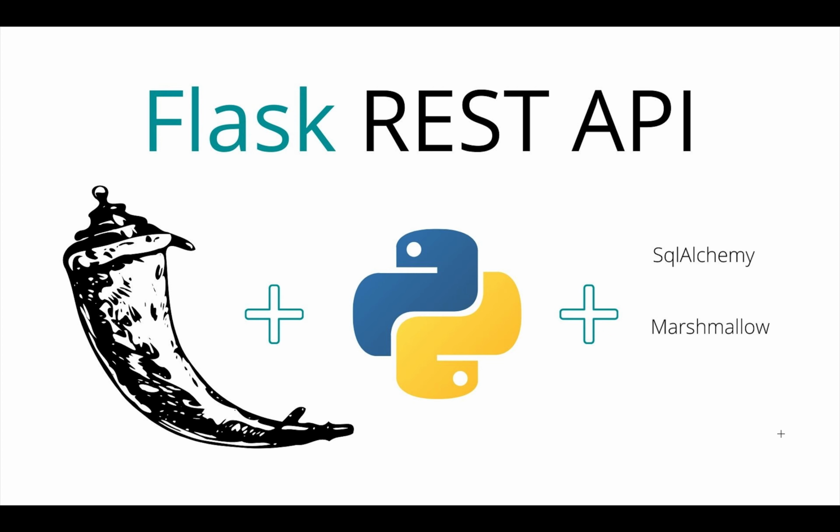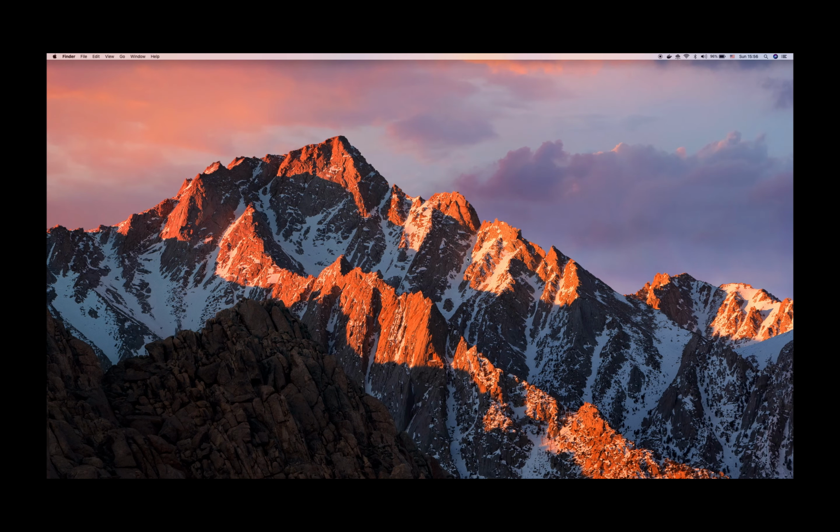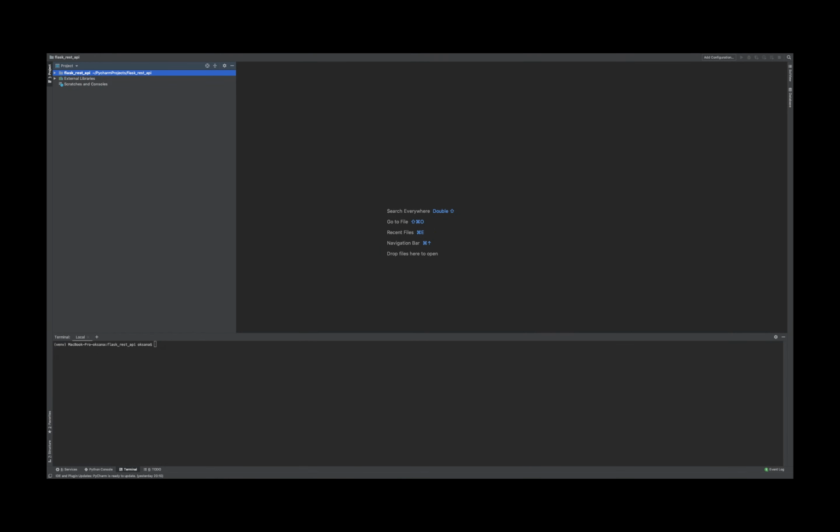I already created a new project which I called flask-rest-api. By the way, all of my code will be on GitHub, so no worry if you miss something. In addition to Flask, we will use a couple of extra packages which will allow us to build our REST